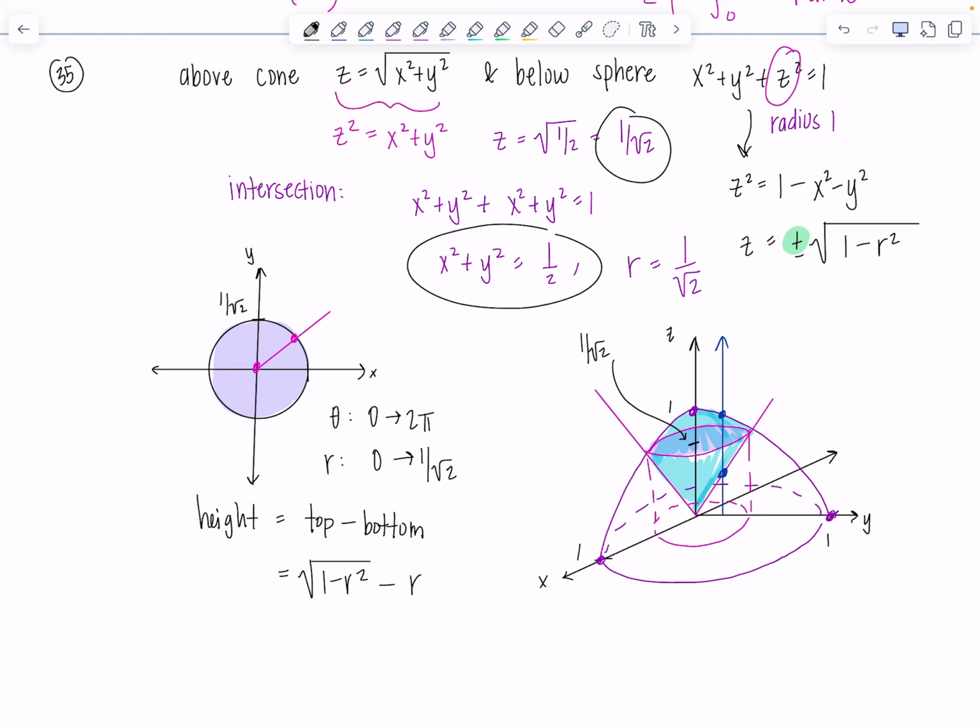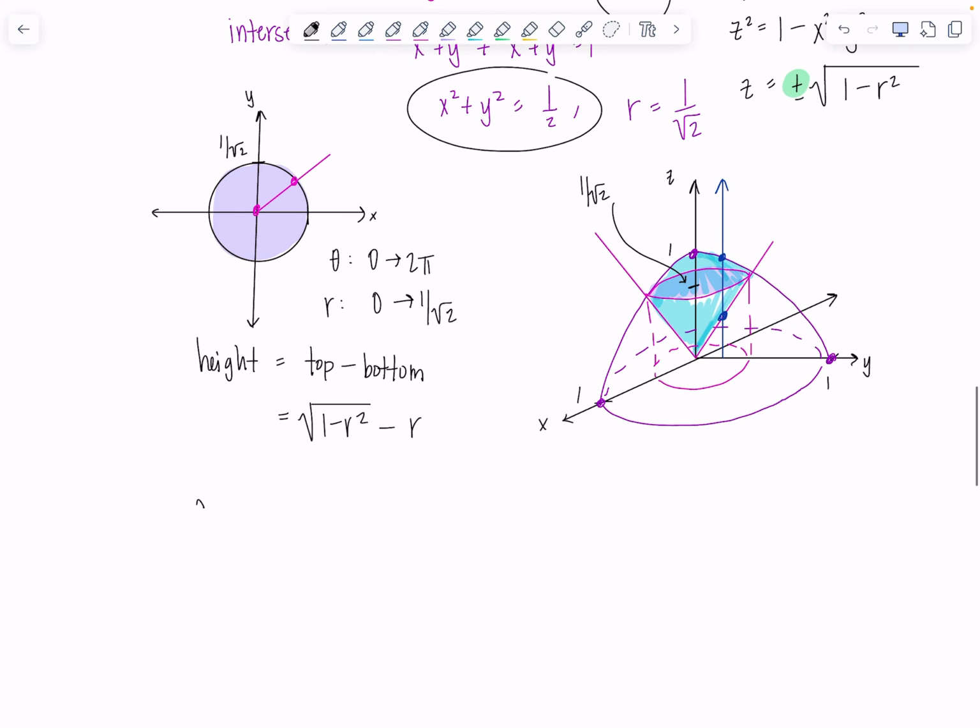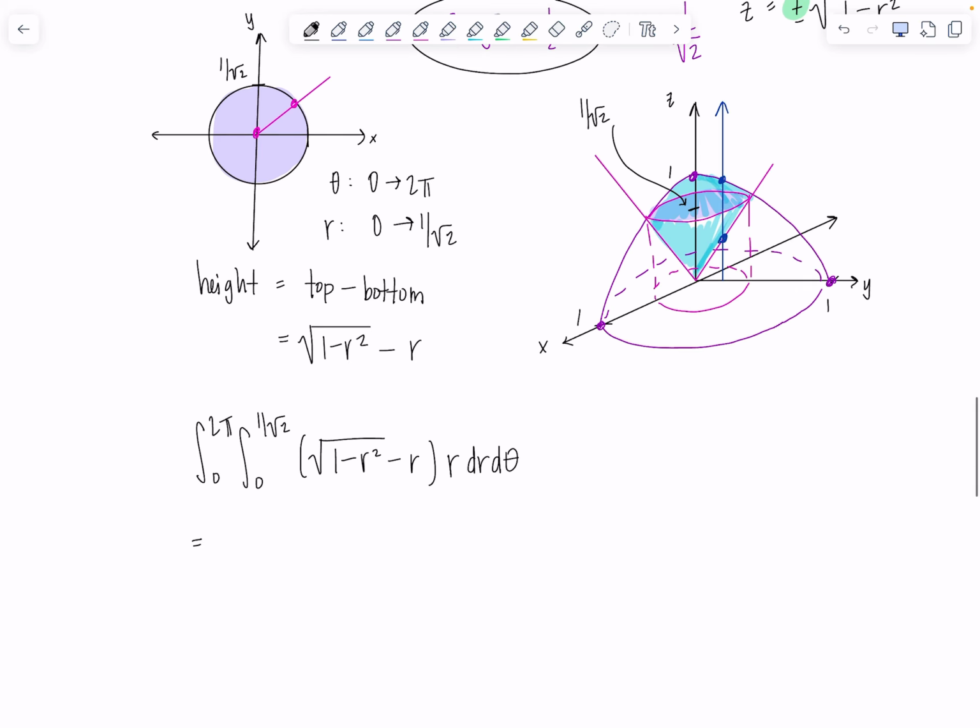Okay, so now we're ready to put it all together. So you're going to have integral 0 to 2 pi, 0 to 1/rad2, rad 1 minus r squared minus r, times r dr d theta. Ooh, can we take a shortcut? You can just put a 2 pi outside, right? And then go 0 to 1/rad2, r times the square root of 1 minus r squared